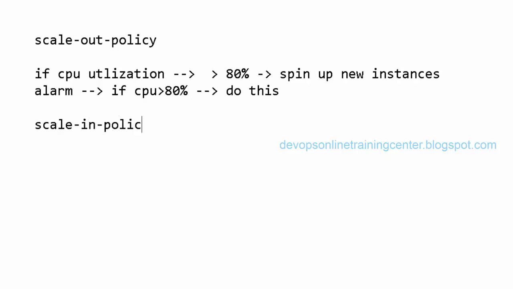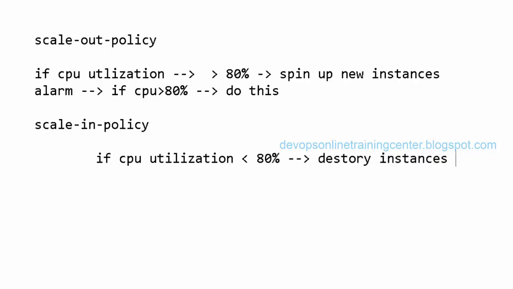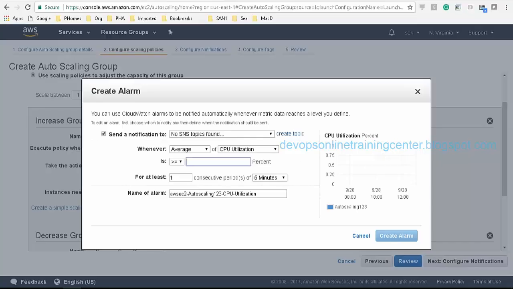Now scale in policy. Let us say if CPU utilization is less than 80%, destroy some of the instances. Right, so this is the alarm I create. One is scale out, the other is scale in. Scale out is to increase, scale in is to decrease the number of instances, right? Okay, so